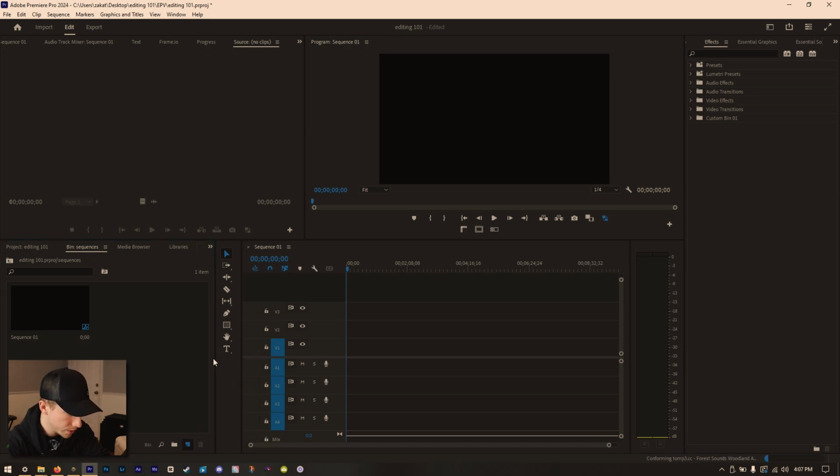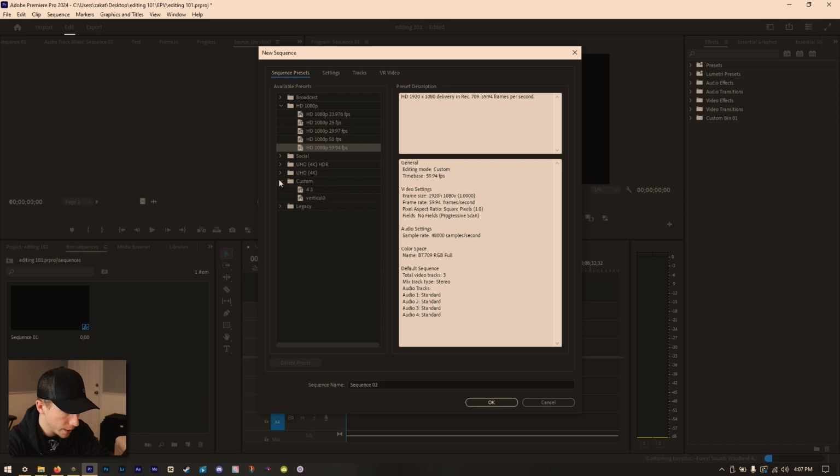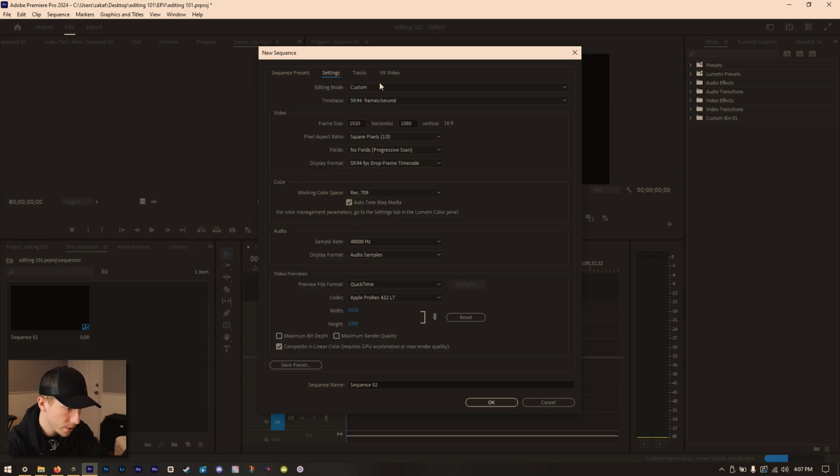So you're going to go to sequences, new, boom. Now I have down here in custom a vertical one. So this is a simple vertical aspect ratio. If you want to create that yourself, it's very simple. Here's all you've got to do. Go to HD 1080p 60 frames a second, go to settings, and then over here in the video tab